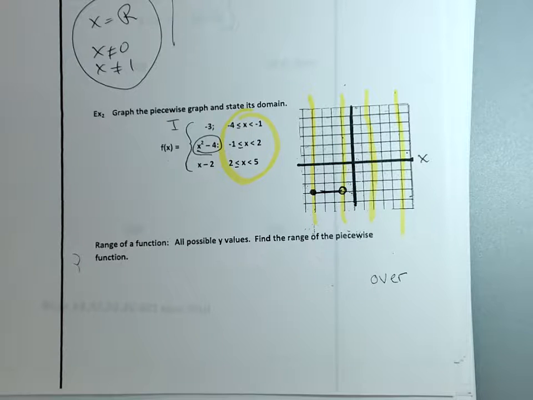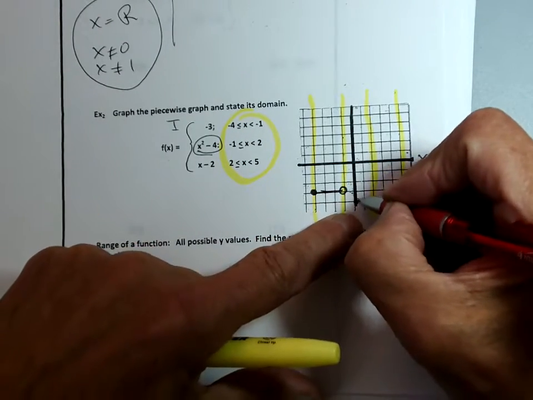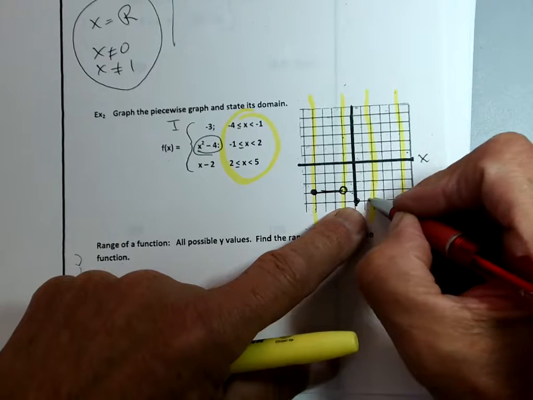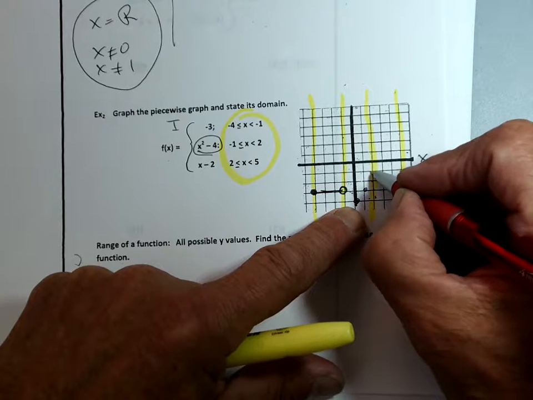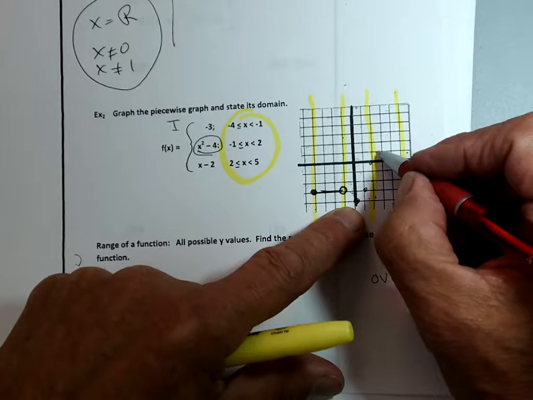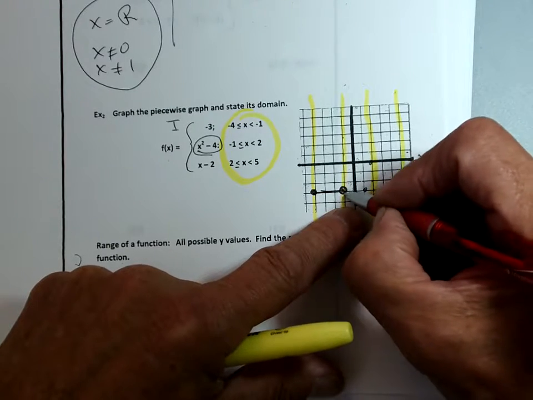Okay, that's a really bad sketch. It looks like that, right? So it's -4, but it only belongs in here, correct? So let's put it in, okay? I know that my parabola goes down to -4. Over 1, up 1. Over 2, 2 squared is 4, right? 1, 2, 3, 4. And I'm going to stop. I'm going to go back 1 and 1. Okay, so this is what I'm going to graph.